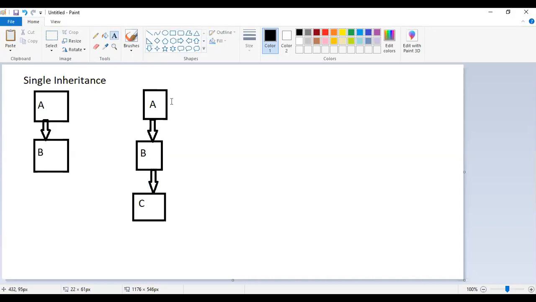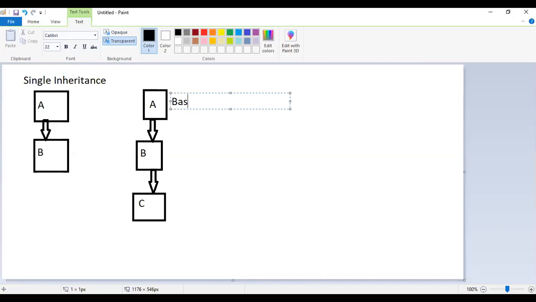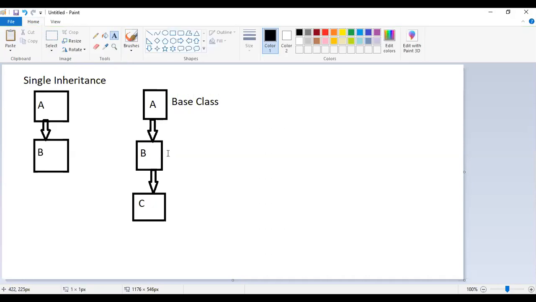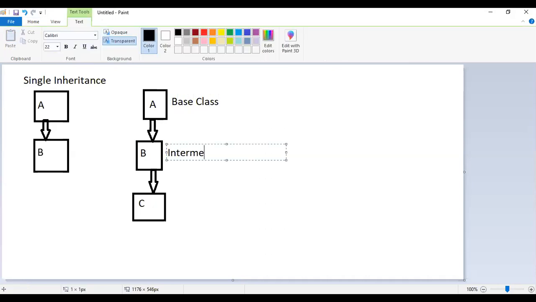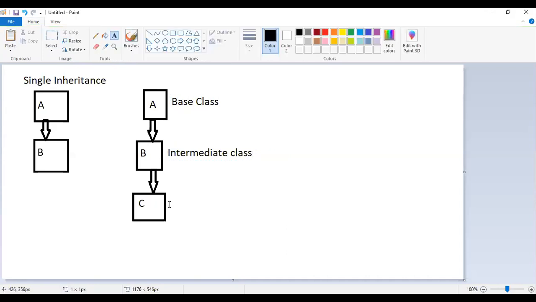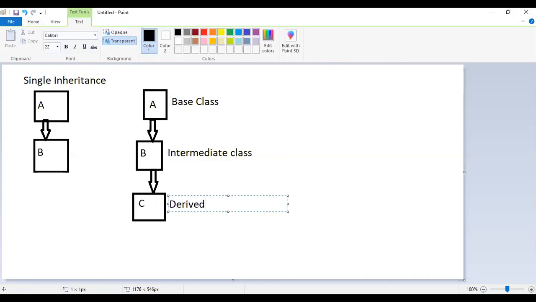So we call A the base class, B the intermediate class, and C the derived class. This particular type is called multi-level inheritance.